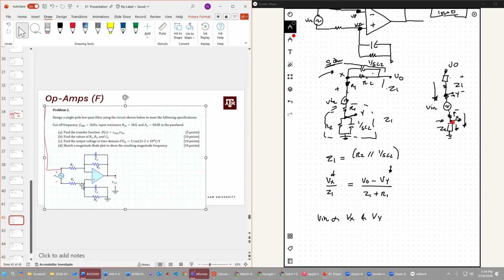Okay. So a couple of things. The voltage drop across Vx, sorry, Vy minus Vn, or sorry, Vy minus Vx, there we go, is going to be equal to Vn subtracted by the voltage drop across the resistors, which